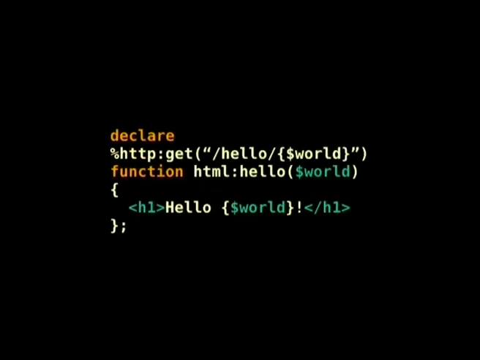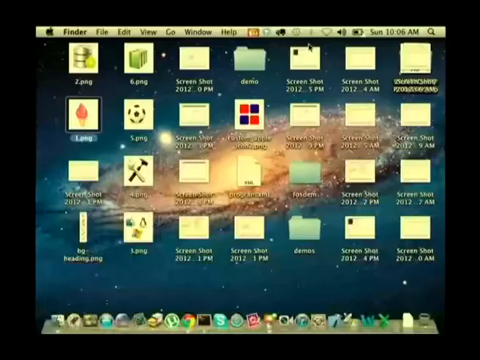You can also declare annotations on your functions, much like Java annotations. And we provide a reflection API, so you can read annotation names and values of functions. So here, I'm going to use the reflection API to match an HTTP request to an XQuery function invocation. So let me show you a small application I built in